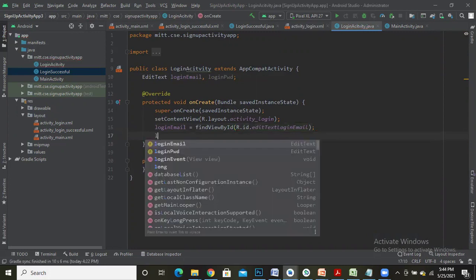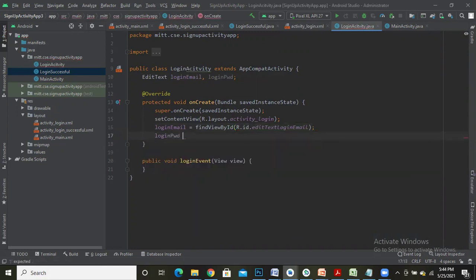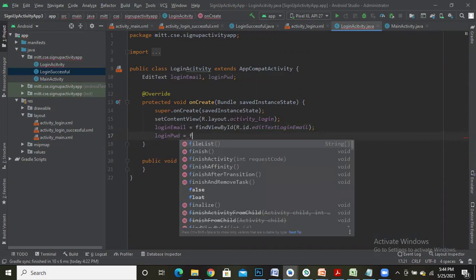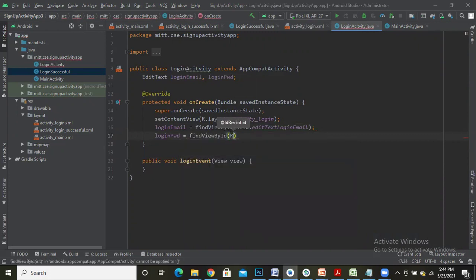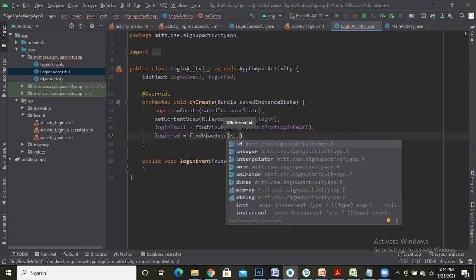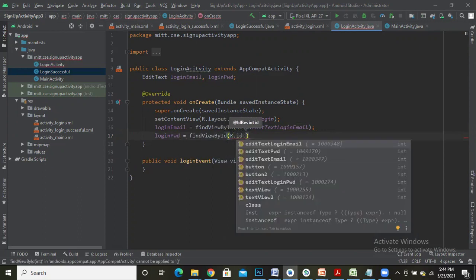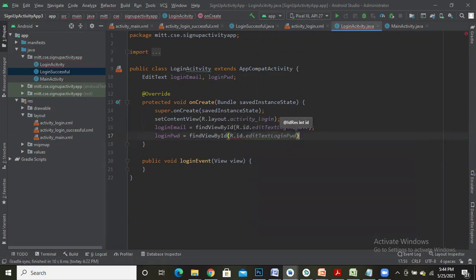And similarly, login PWD password is equal to find view by ID R dot ID dot. The ID for password I had specified as edit text login PWD password. So I had mapped login password with a login password field of the Java variable and edit text login email with a login email of the Java variable in the login activity.